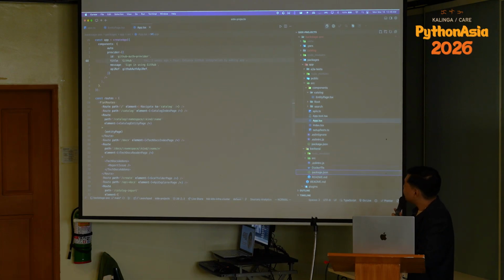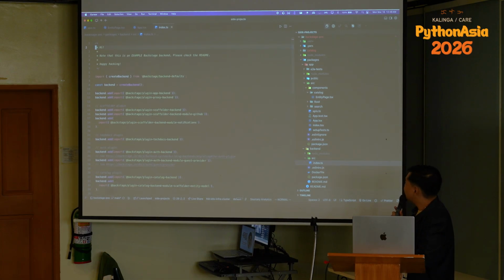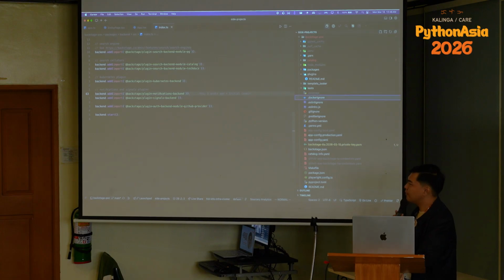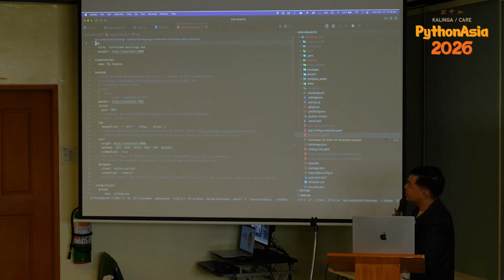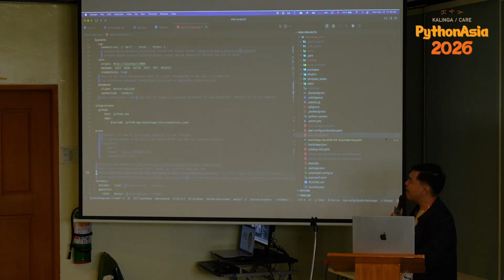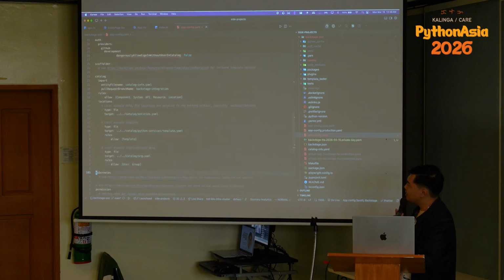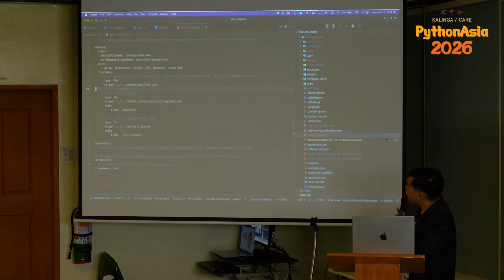There's also this backend folder for plugins. Backend is mostly the folder that you use to configure stuff. If, for example, you want to add another plugin into the system, there's this app-config YAML for setting things up like OIDC, for connecting to your cloud provider or connecting to GitHub, things like that. But the meat of the whole configuration of Backstage really is in this catalog folder, right?